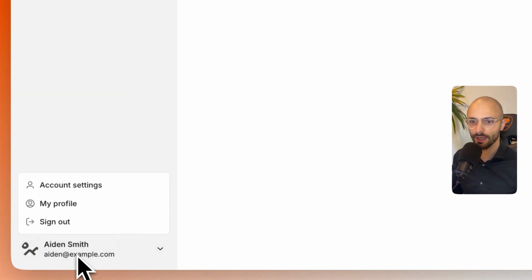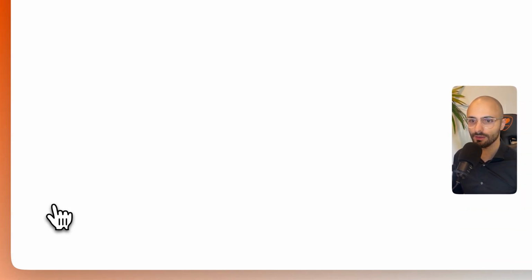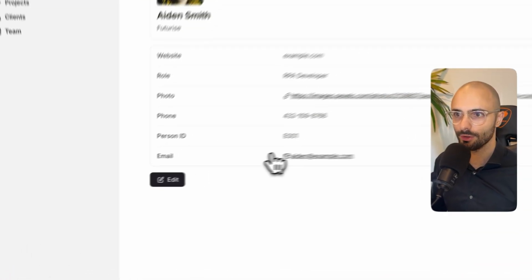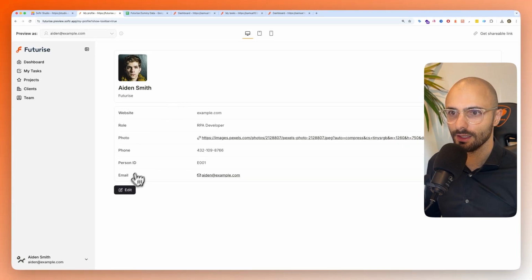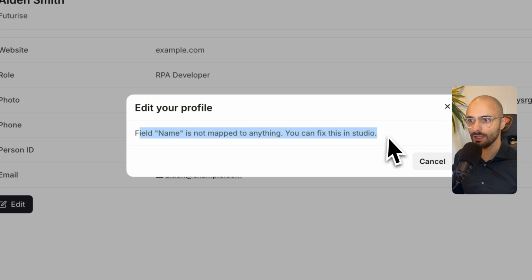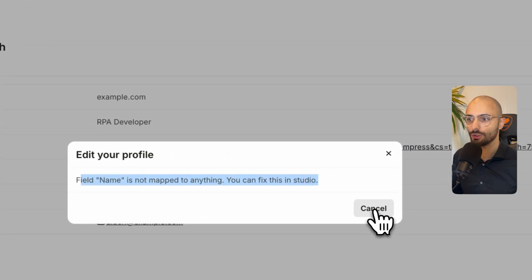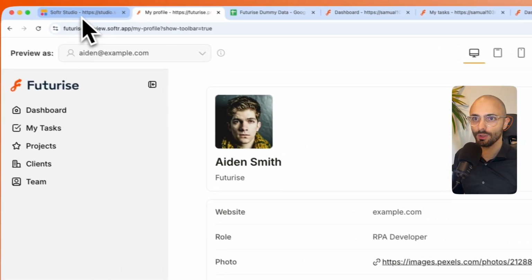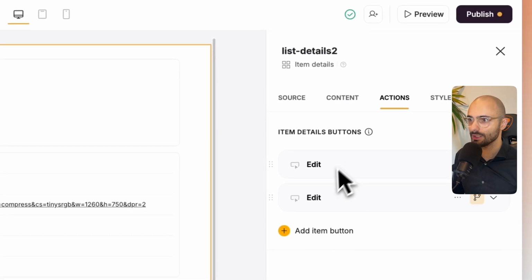So if we click over here, click on My Profile, that should now show us Aidan's profile. There you go. Fantastic. Then for editing his profile, you can see it says the field name is not mapped to anything. You can fix this in Studio. So if you see that error, you always just need to come here, go to Actions, and you change something